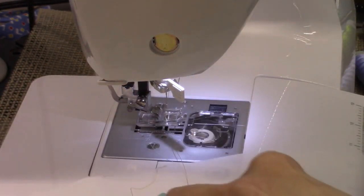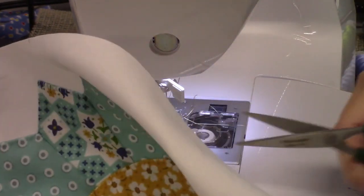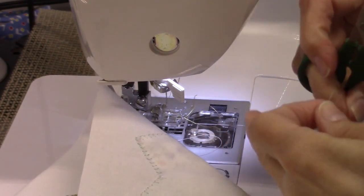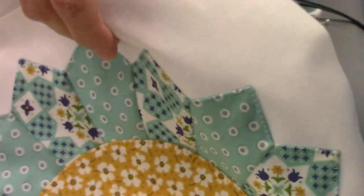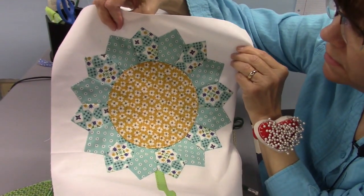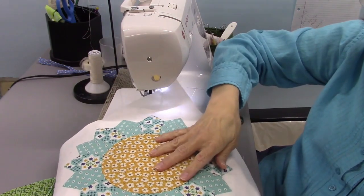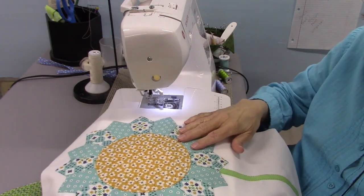Okay, I think that looked pretty good. I think it went fine. I think it looks pretty good. So let's back up. And there we have that. So I like that. And now I can fuse that center circle on,